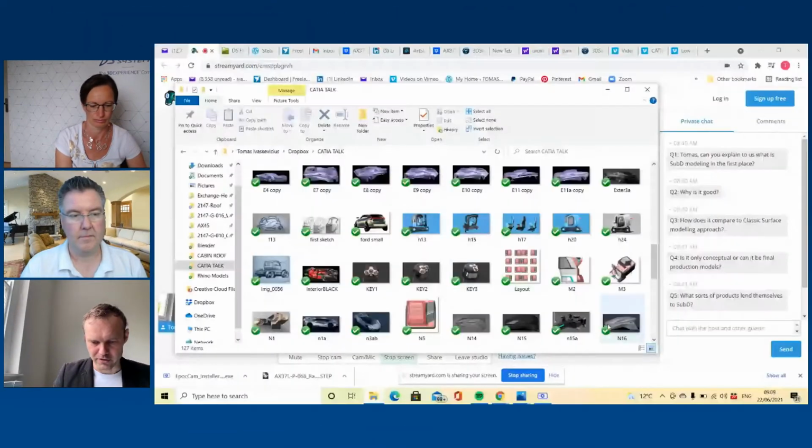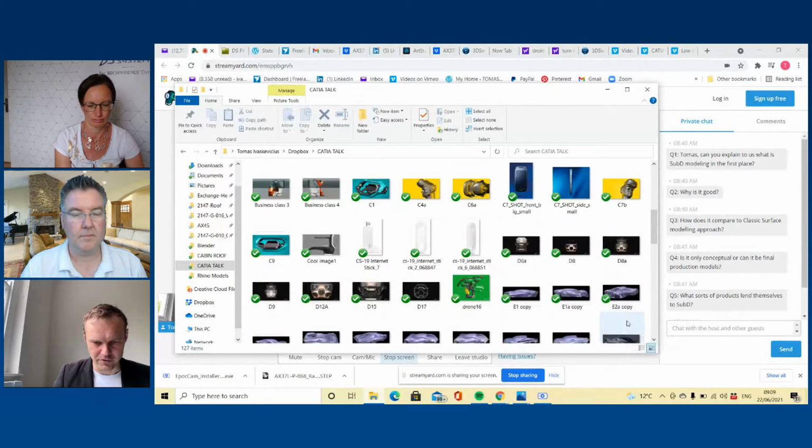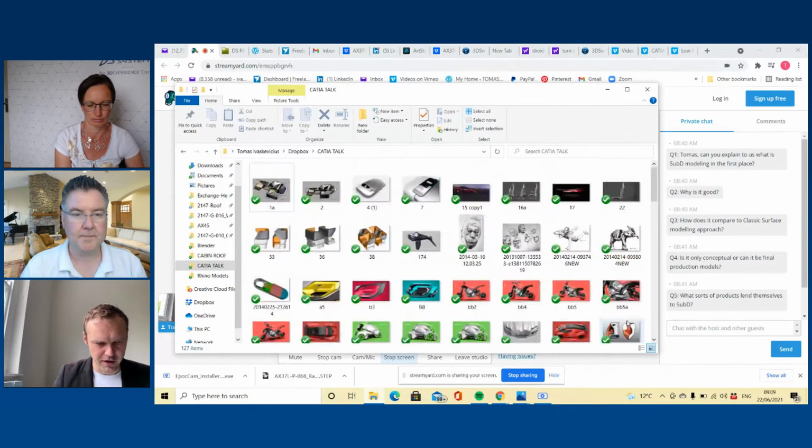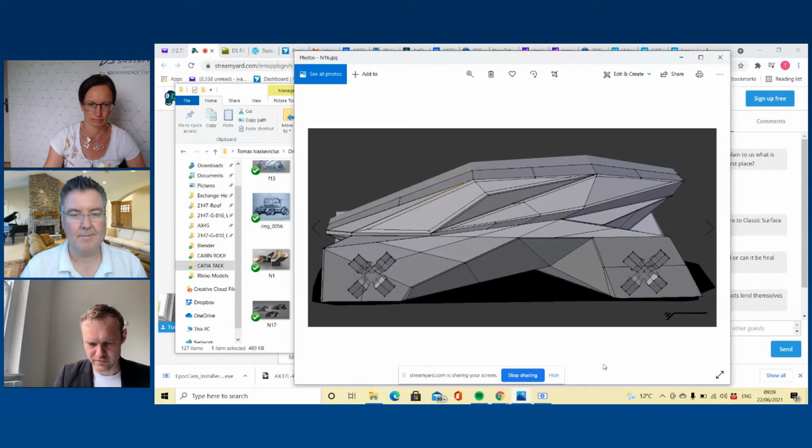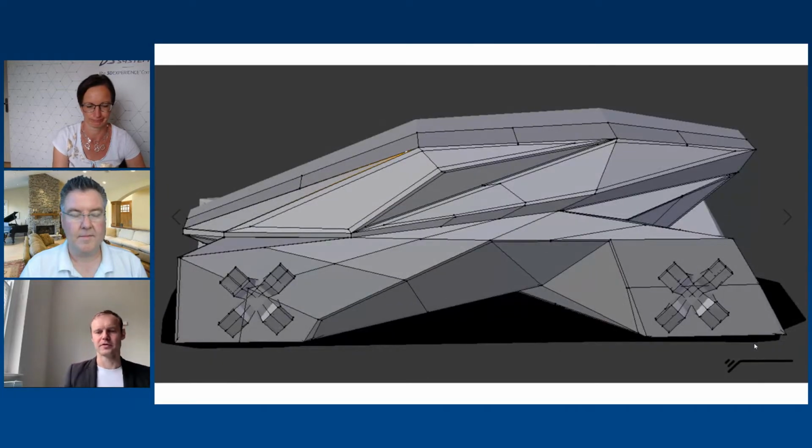Okay. So I can show as well some example about these things, like an exterior design study I did. It's coming up. Yeah. So basically, this is what I meant, the proportion study is quick to do, and there are no sophisticated lines or anything like that. As you see, it's almost like a Japanese origami,